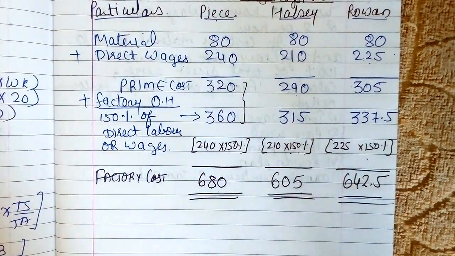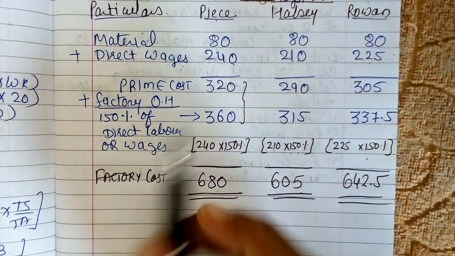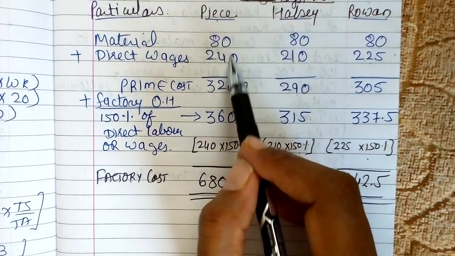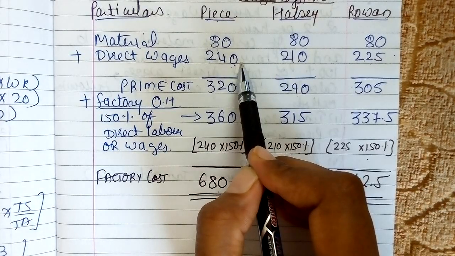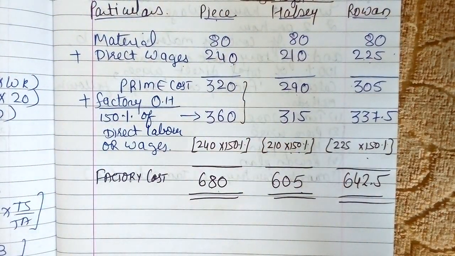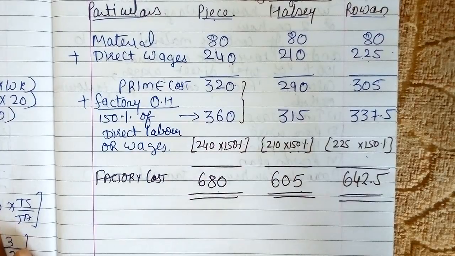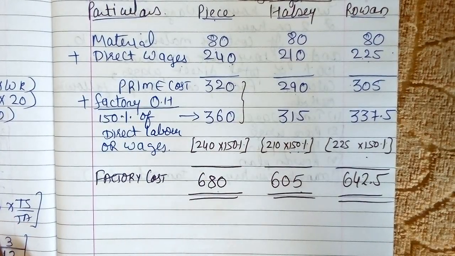Right? So the direct wages have the direct impact over your factory cost and ultimately over the total cost of the product. Right? So any minor changes in any of these, either material or wages or expenses, will give you the straight impact on any of your costs, especially your total cost. Right? So this can be understood as this. So we have calculated two examples today, right?